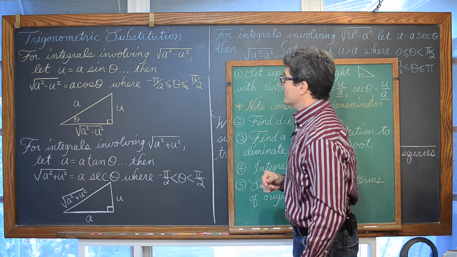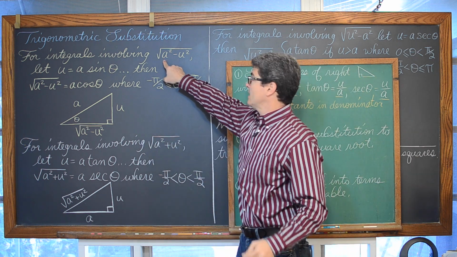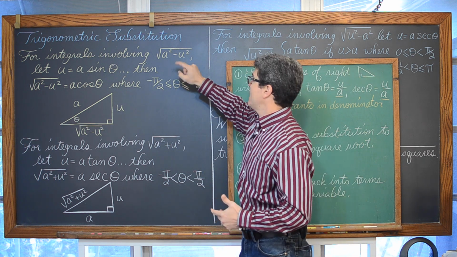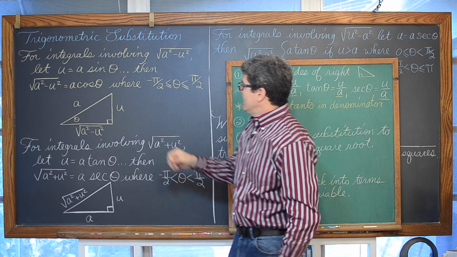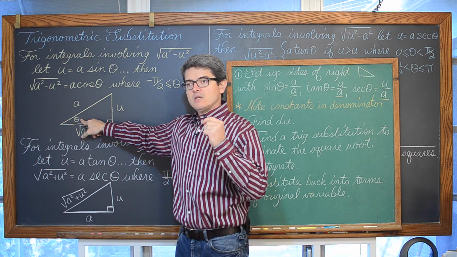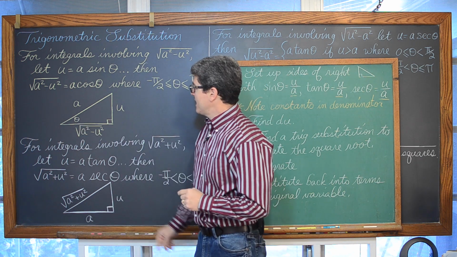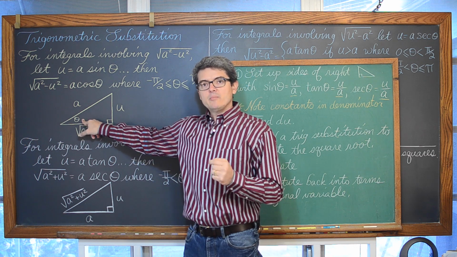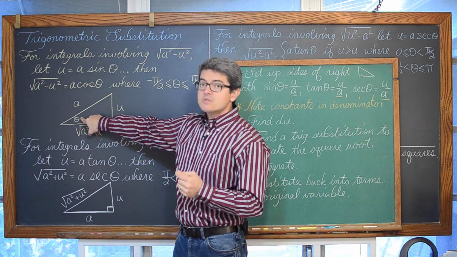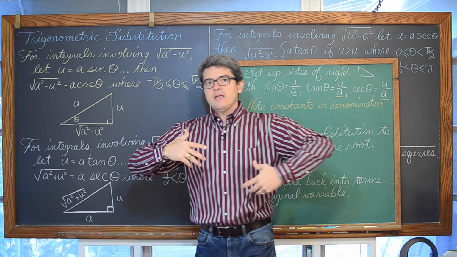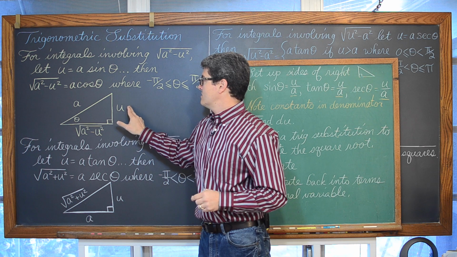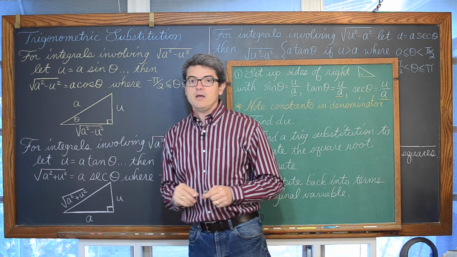Now, if you look over here, recognizing that we have a hypotenuse length and a leg length, I know that's the hypotenuse because it's the first term in a subtraction, and I want the difference there to be positive. Where do I put the a? Well, I'm going to set up a ratio from theta. It's going to be one of the 3 primary trig functions, and I want the denominator to be the constant. Okay, so if I put the u down here, then I would have the cosine of theta is u over a. But I don't want a co-function, I want a primary function. So if I place my u here, then the sine of theta is u over a, or opposite over hypotenuse.